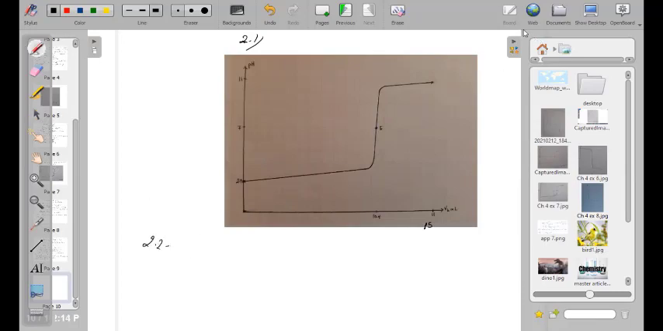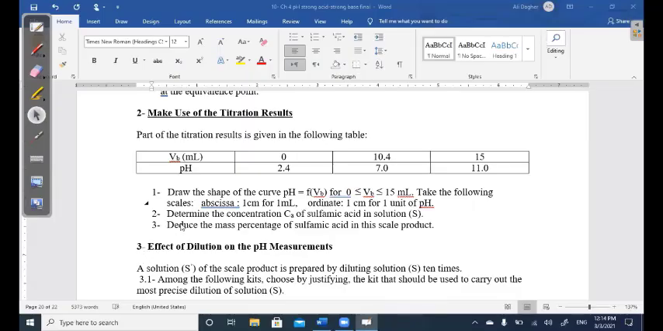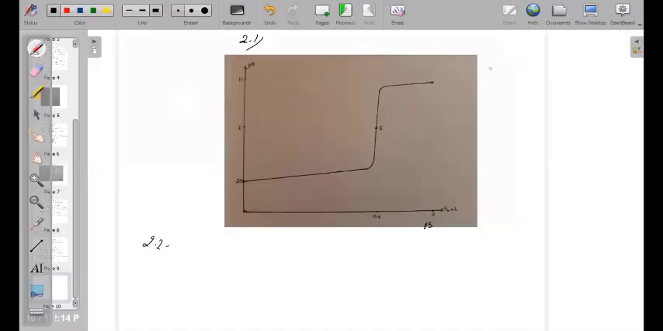2.2. Determine the concentration Ca of sulfuric acid in the solution. Calculation at equivalence. At equivalence, the number of moles: sulfuric acid is a strong acid. When we have a strong acid, we put the number of moles of H3O+